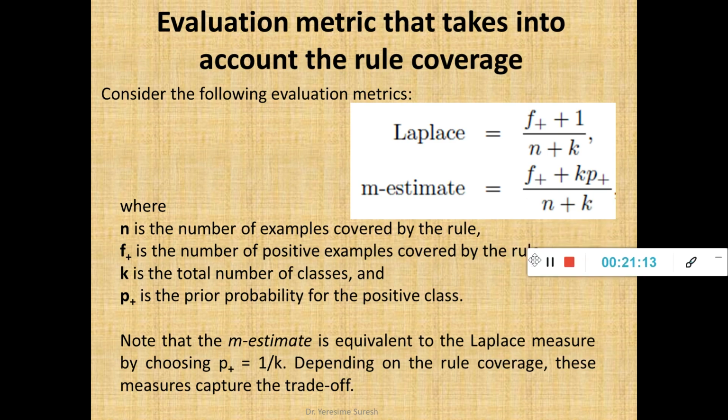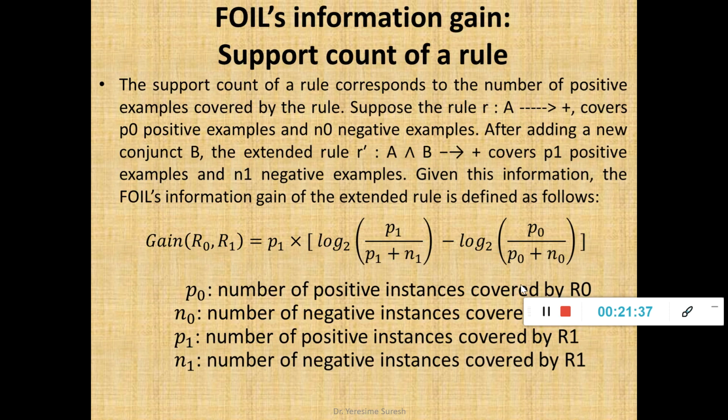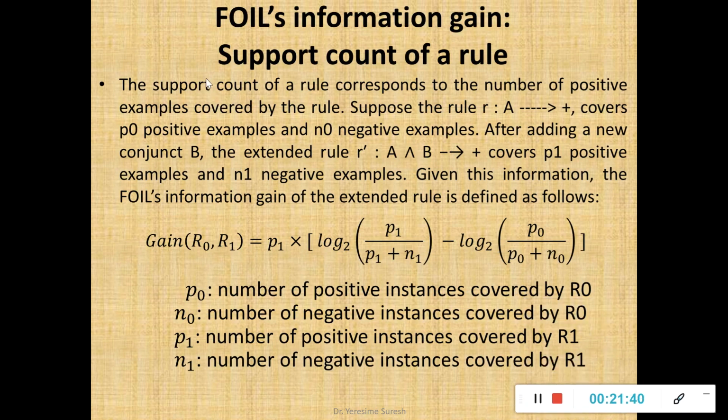And for the same formula with respect to your M estimate, you know f plus value, you know the value of k, it is 2, p plus is 1 by k. So k is 2 into 1 by 2, you will get a value of 1. So substitute again, and you can find that with the M estimate, even rule R1 will be better than rule R2. A detailed description of M estimate we will discuss while we solve Naive Bayes classifier. Fine. So next we will go to one more approach which will take support count of a rule into consideration for finding the rule which is better in the available data set.